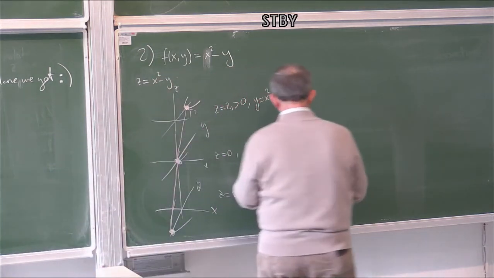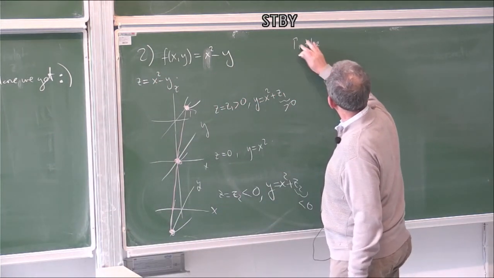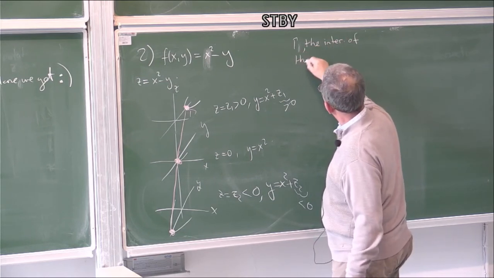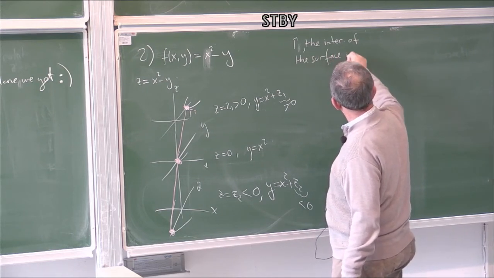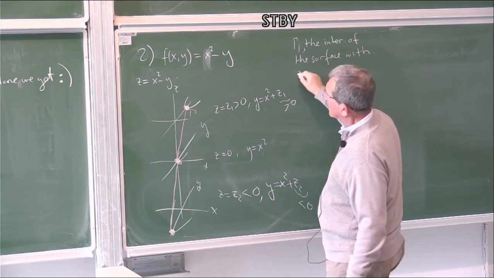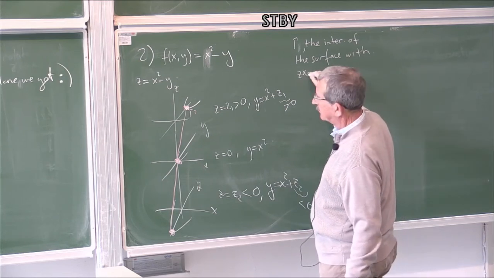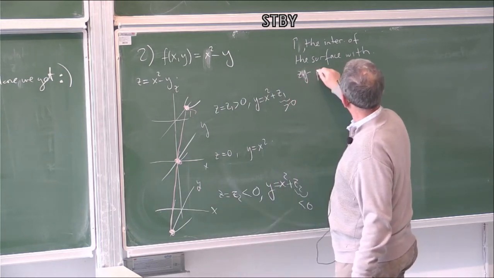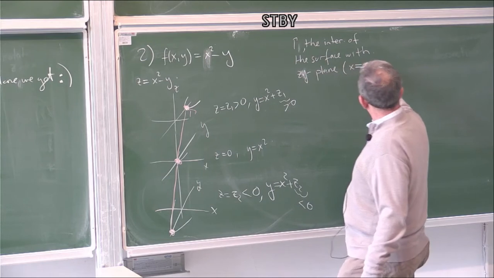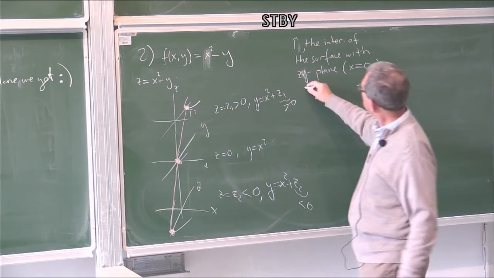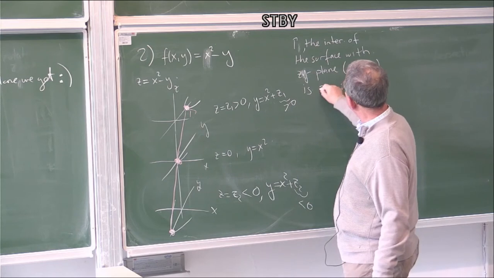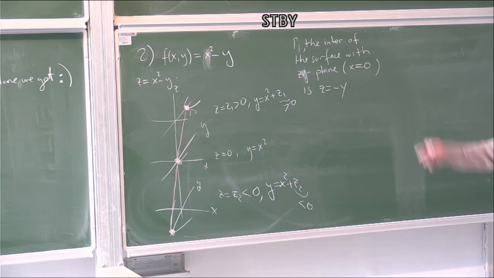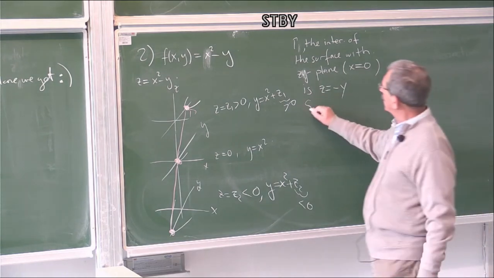So gamma, the intersection of the surface with the zy plane, which means that x is 0, is z is minus y. So it's a straight line. So now the figure is clear. So the graph is